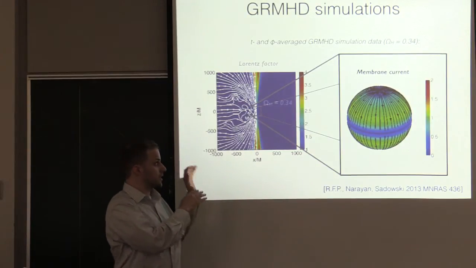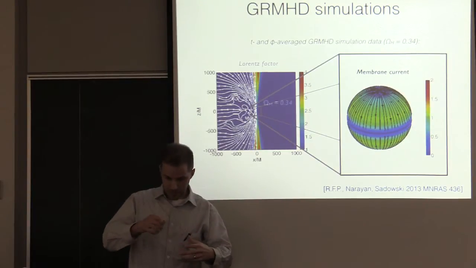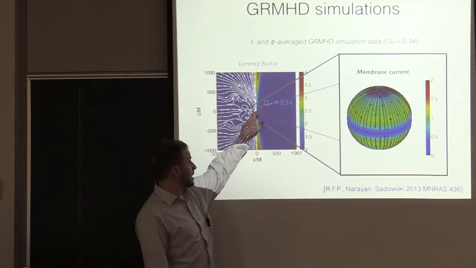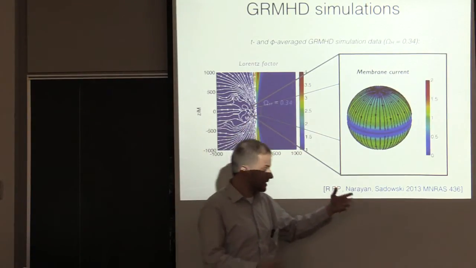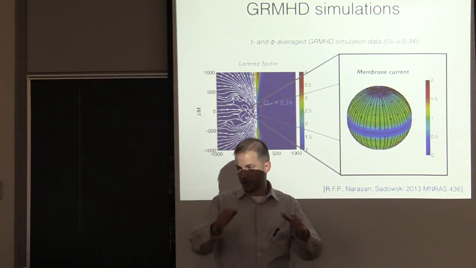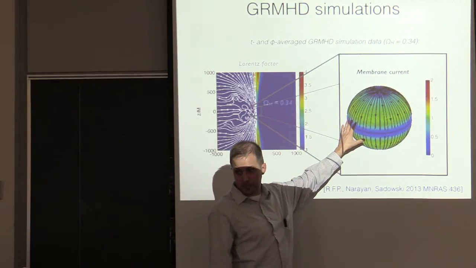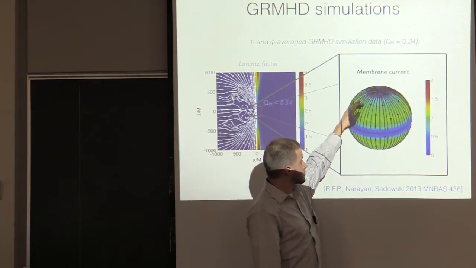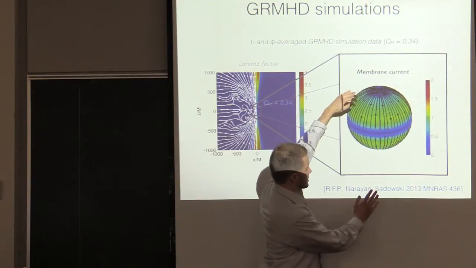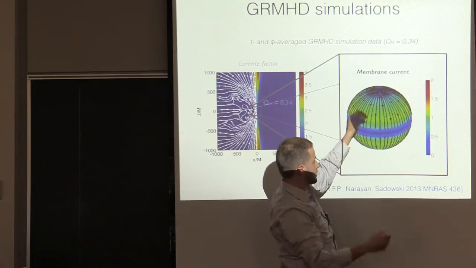But after I run the simulation, I find it really useful to take the simulation data and translate it into the membrane paradigm story. So if I zoom in on my simulation data here, I can use those formulas I wrote down, and I can compute the membrane current that I mentioned, J, that lives on the horizon. And this is the actual simulation data of what it looks like. This is the membrane J flowing along the horizon. And actually the arrows are converging. They flow back out in the disk. They return through the corona. You get these closed circuits.